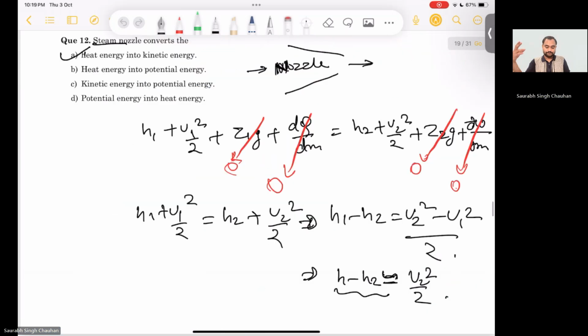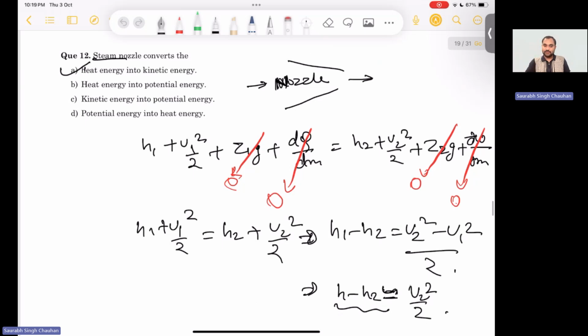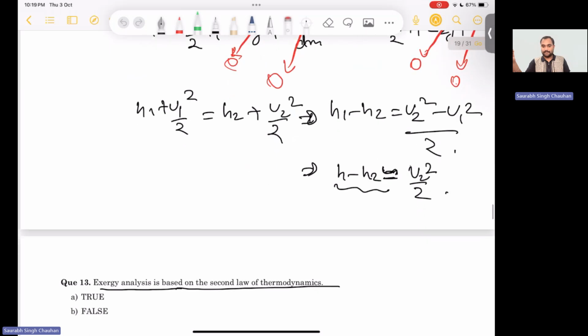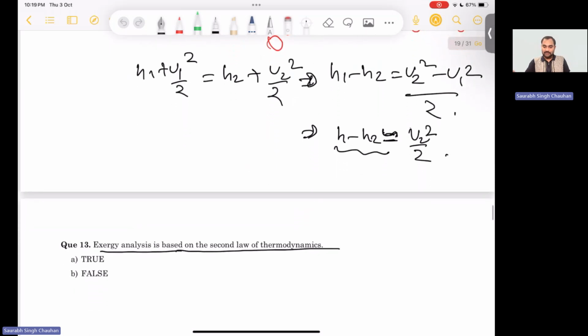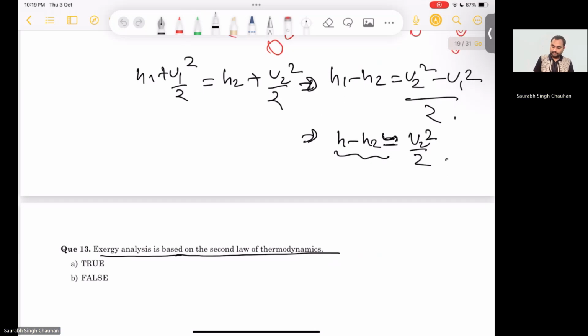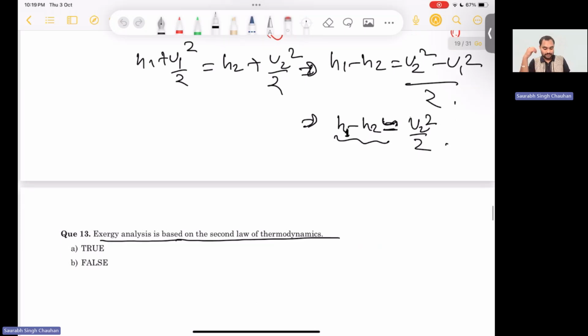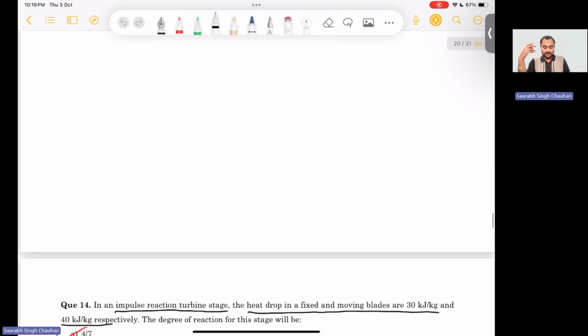Okay, and condenser is some sort of heat exchanger. And nozzle, it converts the heat energy into kinetic energy. And if you neglect the velocity at inlet as compared to the outlet velocity, then the change in enthalpy will appear as the increase in the kinetic energy. Okay, the exergy analysis we discussed that it is based on second law of thermodynamics,